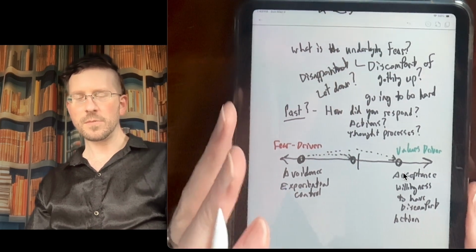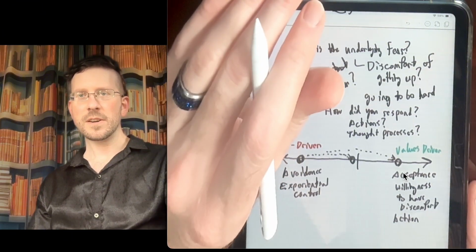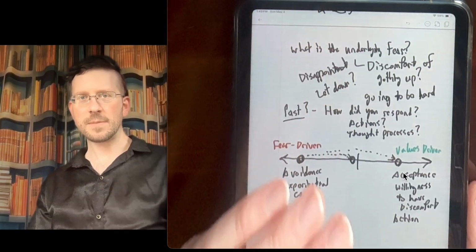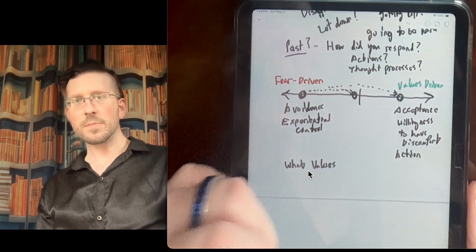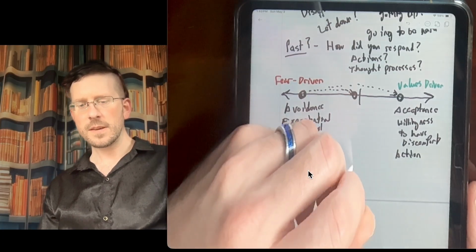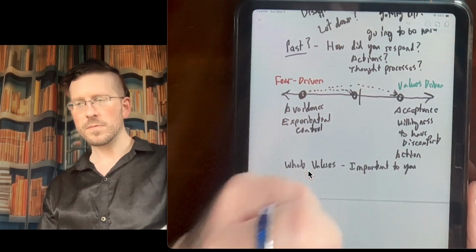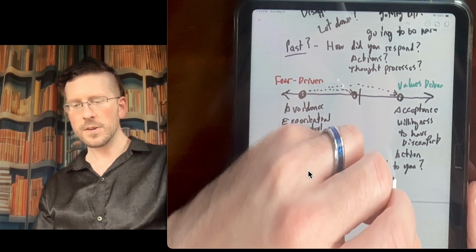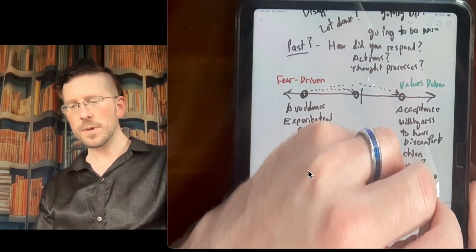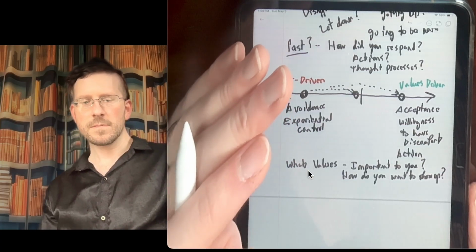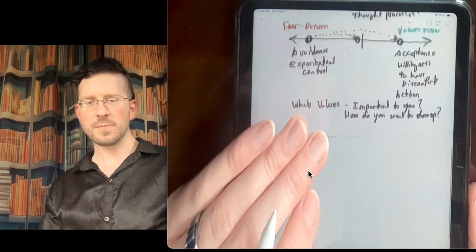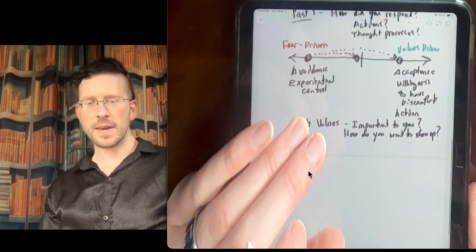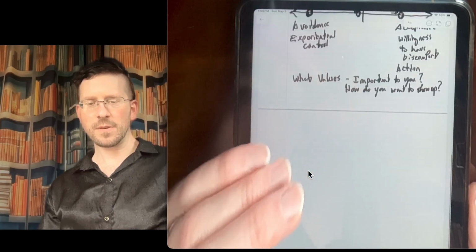And so maybe you could mark yourself over there on your avoidance acceptance arrow, and think about what values are at play here. What's important to you? How do you want to show up? How do you want to show up in the face of the hard things? Again, you could be thinking past, you could be thinking right in the present, you could be in that tired, lethargic state working through this.